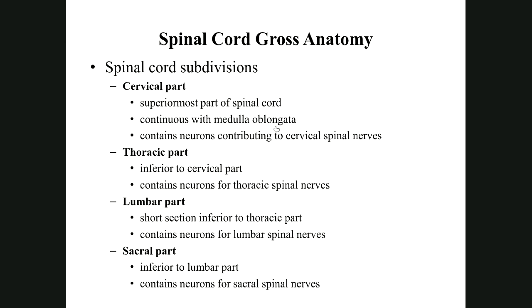So here, the medulla oblongata, that is the lowest component of the brain stem, and this is basically the first part of the brain that evolved out of the spinal cord. It's just an expanded spinal cord region that's got a lot more specific gray matter dealing especially with our autonomic system. And so cervical connects to the brain, and then thoracic, lumbar, sacral, and these are going to send out some of those nerves. Eventually we get to the